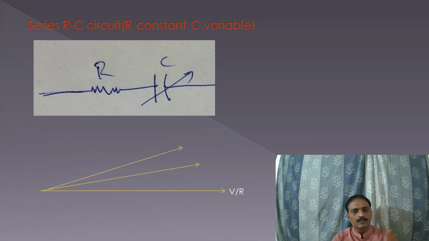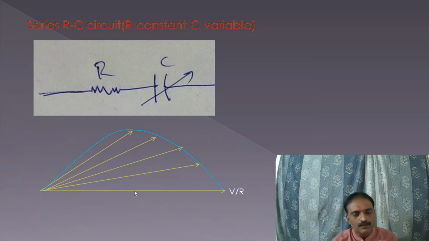So from one value to the other. So for the next value of capacitive reactance, we are going to have this current. Like that, if we join all these points, we are going to get again a semicircle whose radius will be again V by 2R, and the center will be V by 2R comma 0. This is for a series RC circuit where resistance is constant and C is variable. So this is about the series circuits, where we can have all these locus diagrams of current.